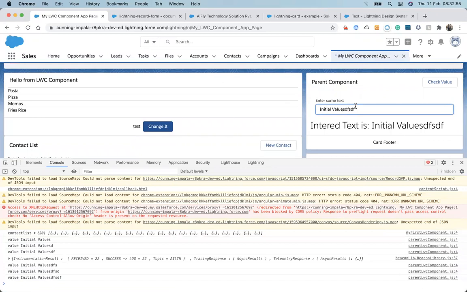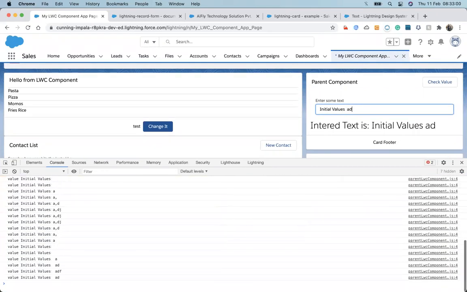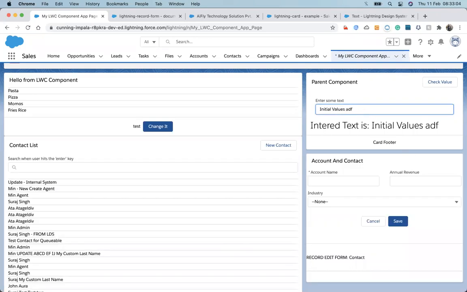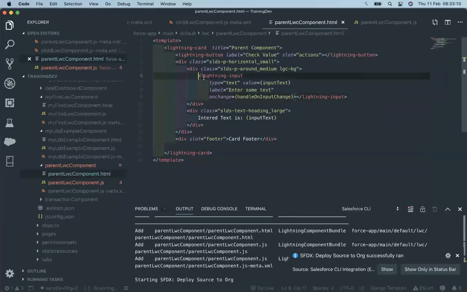Okay, so what we have to do is bind an event called the onchange event up here, right? So that whenever we are making changes, it also gets reflected up here. For this parent component, this input element also acts as a child component. For getting a value from the child component, if the child wants to pass the value to the parent, it has to design an event.